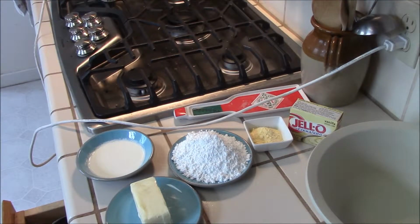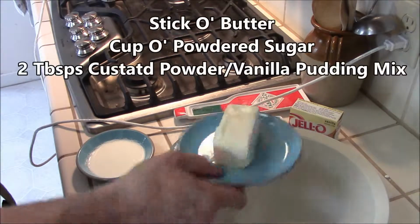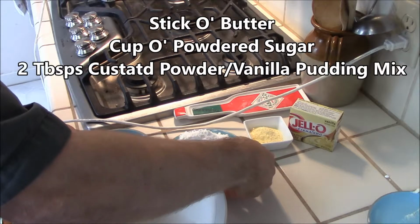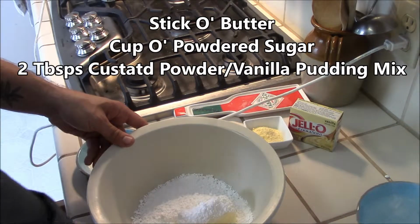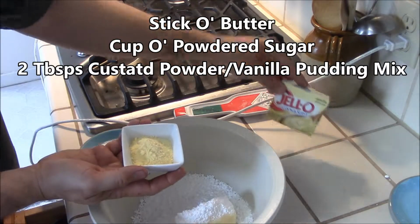Okay, so we have our first layer in the refrigerator, chilling. Now I'm going to make the custard layer, the second layer. And it's pretty simple. Stick of butter, room temperature, of course. We've got 1 cup of powdered sugar. Yep, a lot of recipes call for 2. I'm going to go easy on you. And then we want some vanilla flavoring,